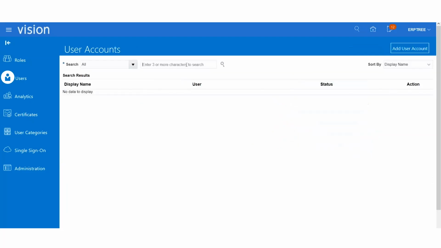From this page, you can find the user you created. You created the user as Cloud ERP. Click on search. So user display name and username, and the user status is active. And go to actions. If you want to lock this user account, you can do that so that we cannot log into the instance with this user, or you can reset the password for this user. If you want to delete this user from the system, yes, you can do that.